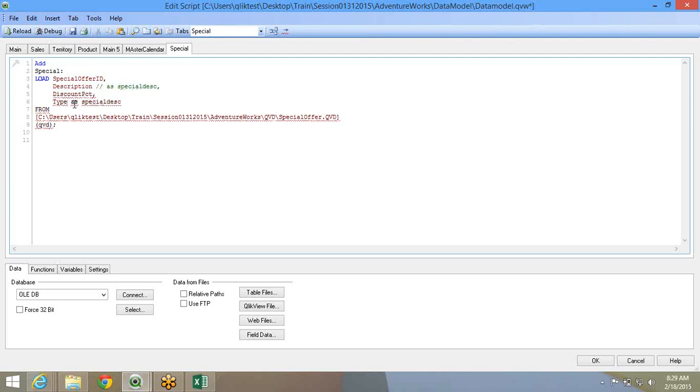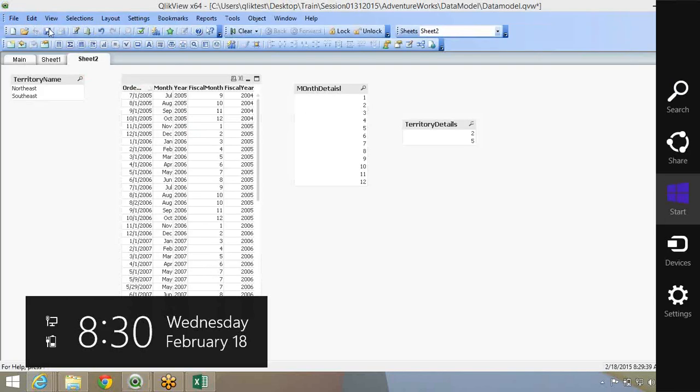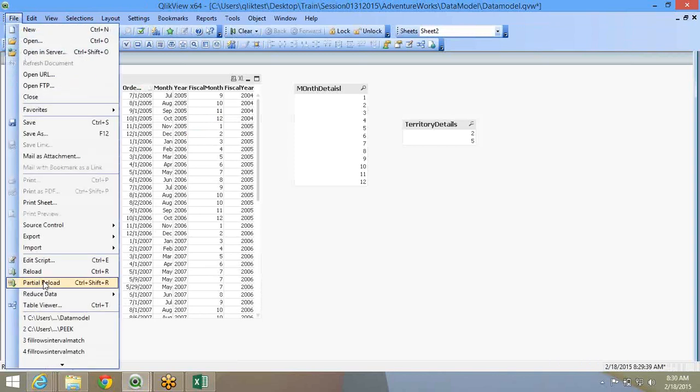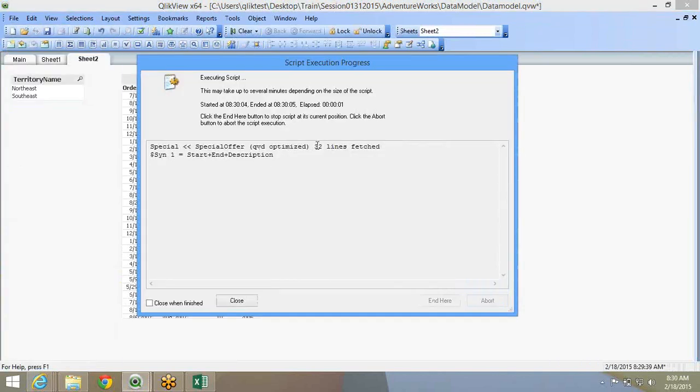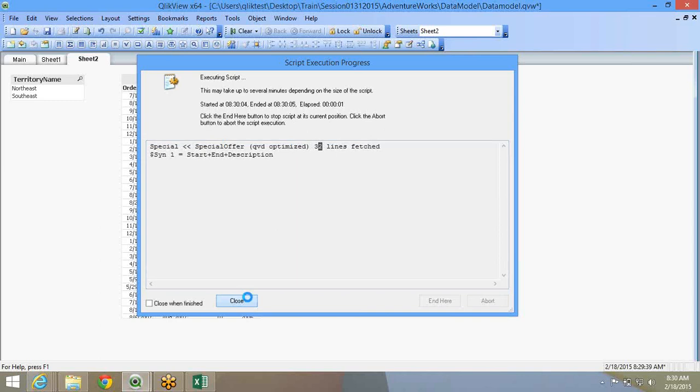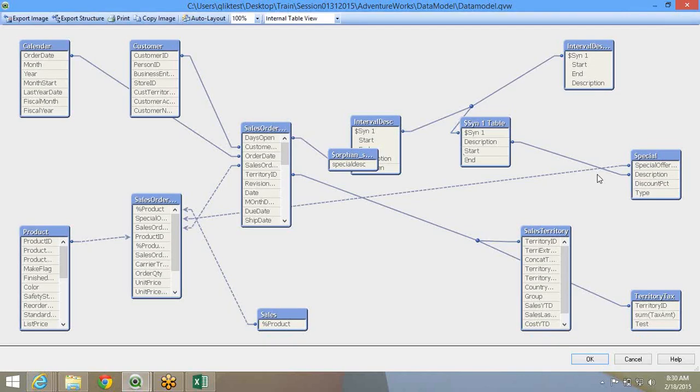First let me demonstrate, then I will discuss this. I do a partial reload. It's just going to add 16 plus 16 and make it a 32 record table.